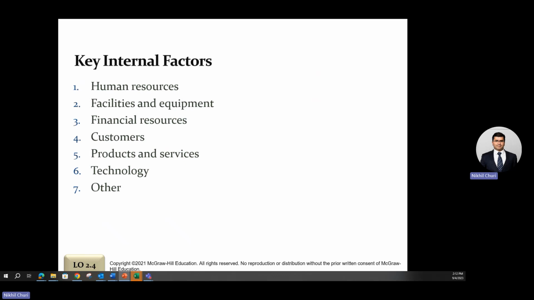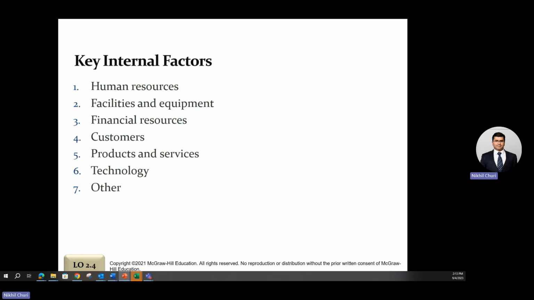Next one is the facility, equipment, financial resources. Well, another way to look at all of these, the 7 listed, or 6 listed over here: the human resource, facilities, equipment, financial resources, customers, product, service, and technology. If I try to come up with a divide for all of these, and I'm just throwing some random numbers, say 1/3 of all of these internal factors or resources could be more on aging technologies, age-old products, or age-old machines or equipment that are being used, which need a strong